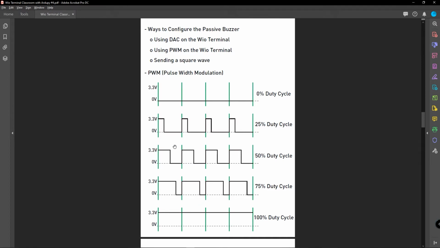The duration of the on time is called the pulse width, and as you change this pulse width, you can change the analog values. To get varying analog values, you need to change this pulse width. So basically this creates an analog-like signal.